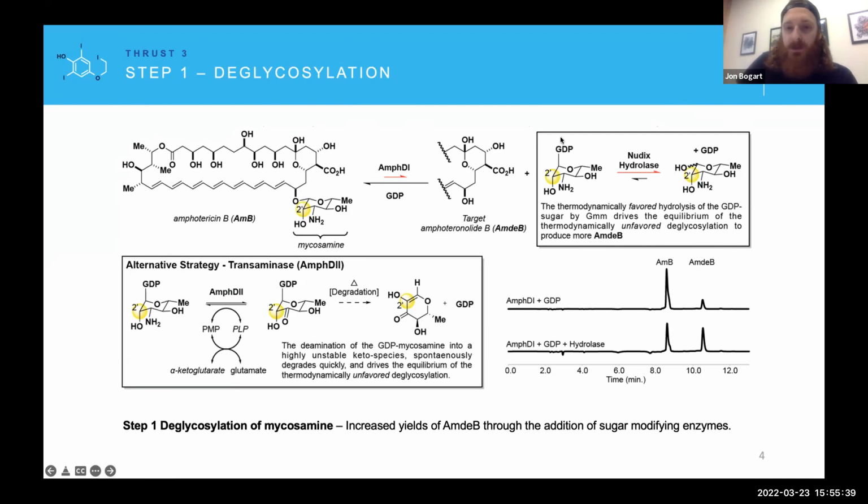However, NDP sugar formation is really thermodynamically disfavored, with Keqs of less than 1 and typically poor yields. So we needed a way to overcome this thermodynamic limitation. One strategy we used was to use promiscuous hydrolase enzymes that will metabolize the resulting GDP sugar, and they actually cleave the GDP from the sugar and essentially maintain high concentrations of nucleoside diphosphate that will drive